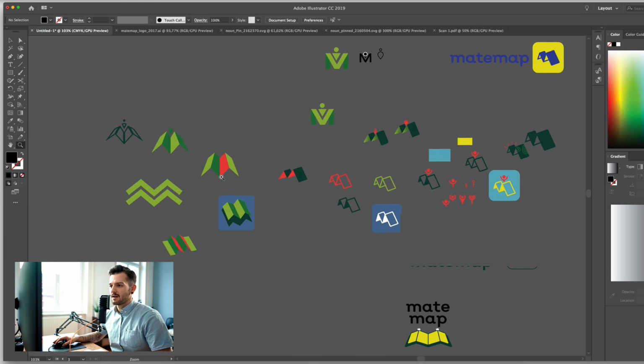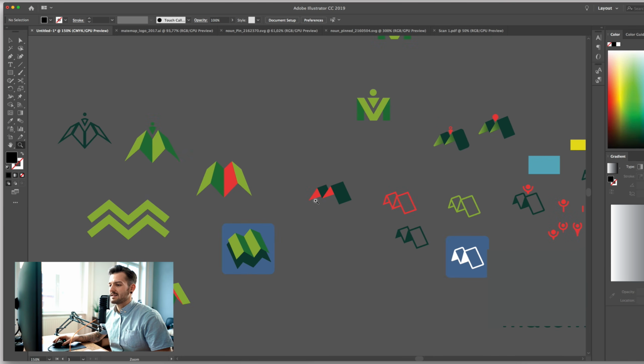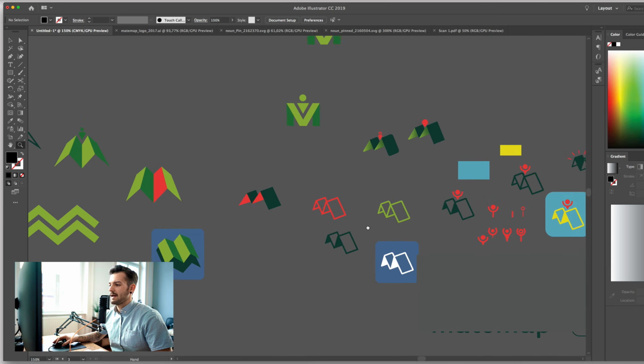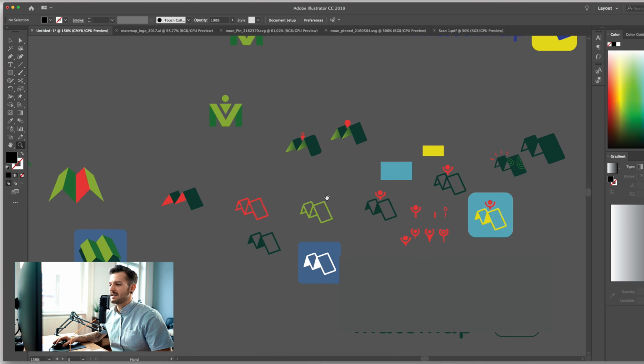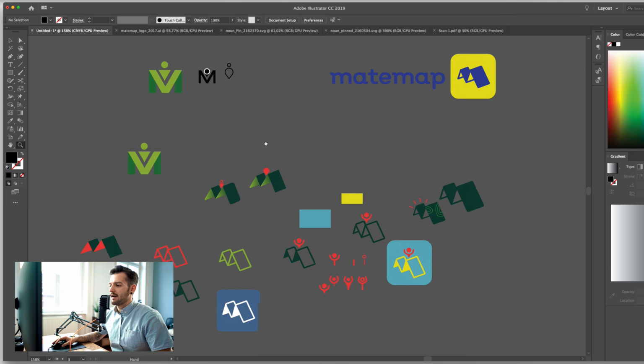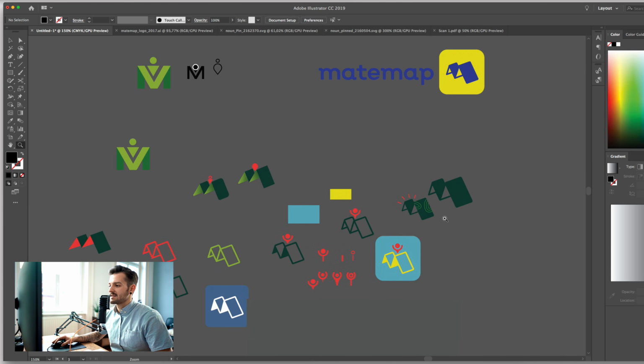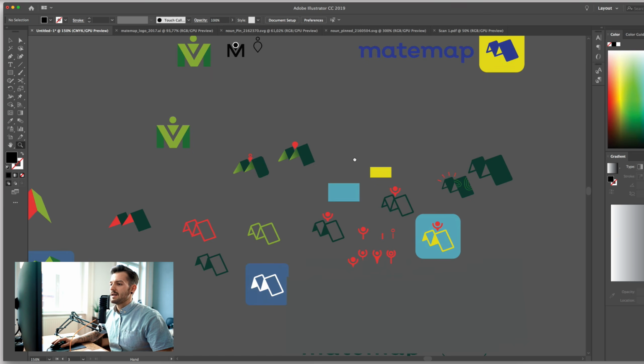So I started with this M thing, and tried to see how I can change the map into an M with outlines, and all that stuff. Maybe I need these lines for different heights on the map. I don't know how to call this stuff in English. Anyway, but the other